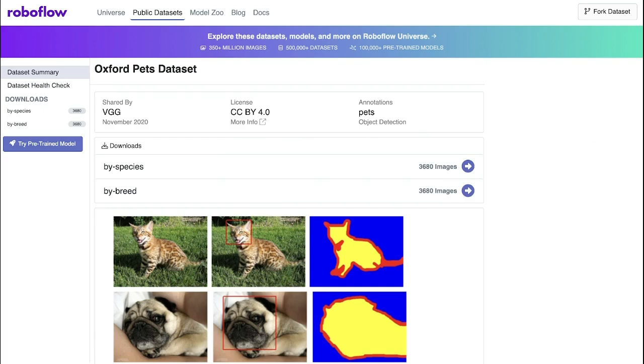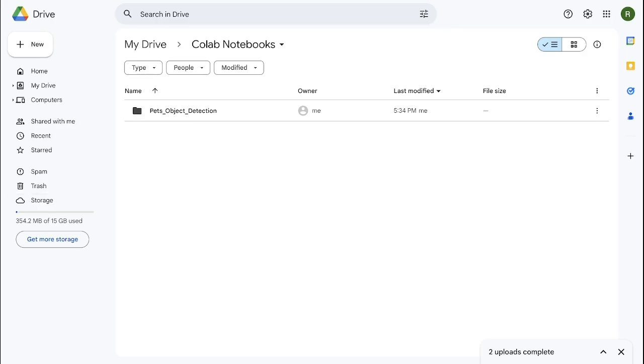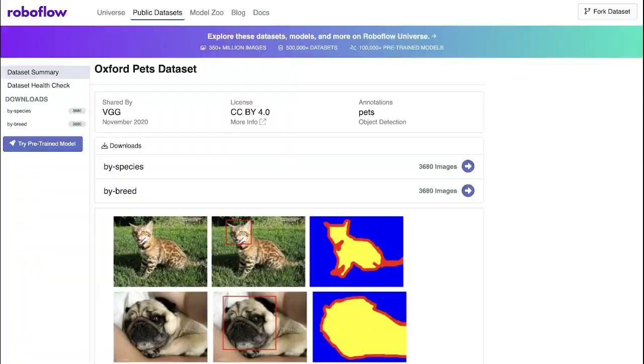So this particular dataset is from RoboFlow and it consists of images of dogs and cats, which we want to identify. Another point is that we are going to implement this project using Google Colab, and hence we also require Google Drive for this. So we will have our Google Drive here, in which we will be having all our contents. Then we will be having this dataset. Basically, we are going to make use of this dataset, and then the output of this project will be in